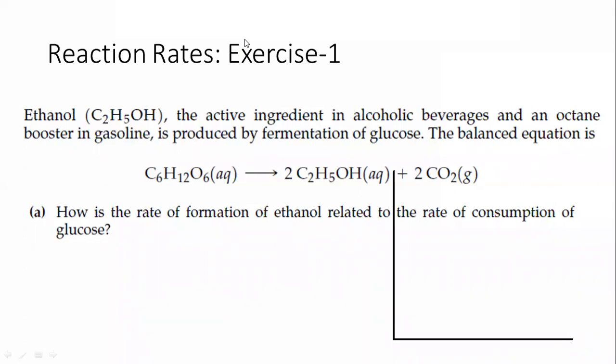Any other one? How can you compare how much faster it is? The rate of ethanol is faster as compared to the glucose. How much? Twice as much faster. Twice. It must be twice. You can measure it quantitatively. Any other one? If I ask how much the rate of consumption or decomposition of the glucose is slower as compared to the rate of formation of the ethanol, what would be the answer? Twice as much slower. It is twice as slow, twice less as compared to the formation of the ethanol. So this is the right answer.